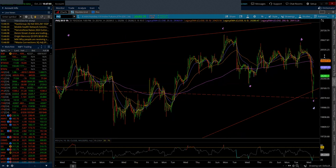The market obviously broke out of its sideways pattern, broke out of these three waves after three waves patterns, and dropped basically all the way down to support. It was a little bit surprising because if you remember yesterday, I think I was talking about how the markets were actually going to get down that far and still be